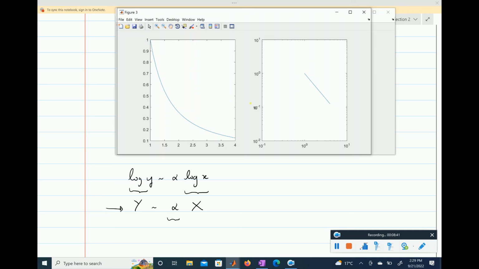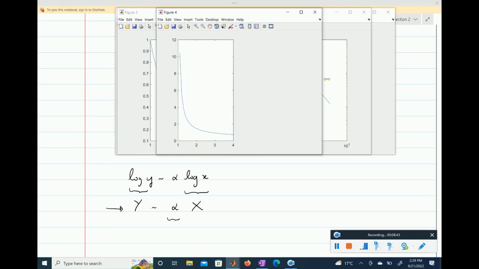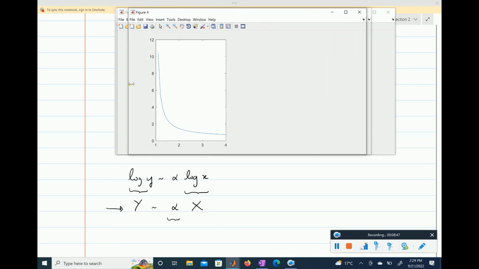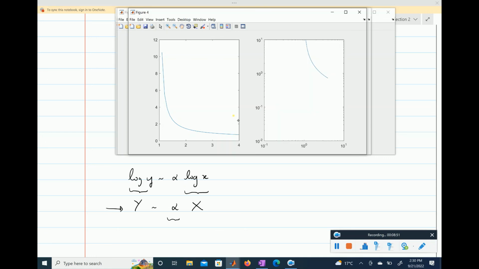Now let's take a last example. If I'm taking this example here, is that a power law or not? If that was my experimental data, would that be a power law or not? Then we just need to plot this in log-log. We see that in log-log, this is not a straight line, and therefore we know that this is not